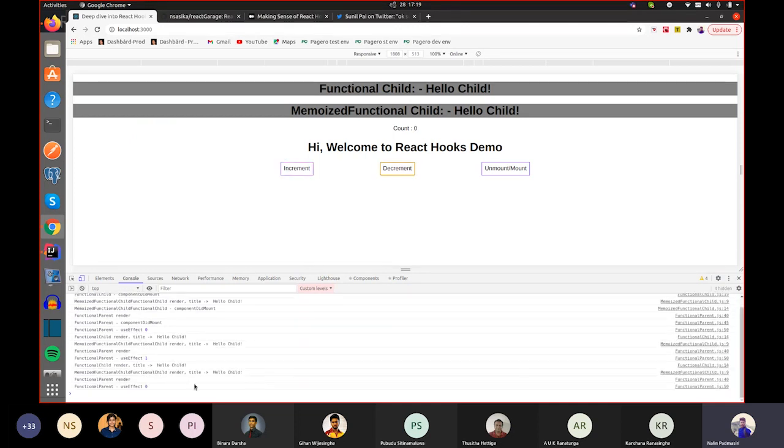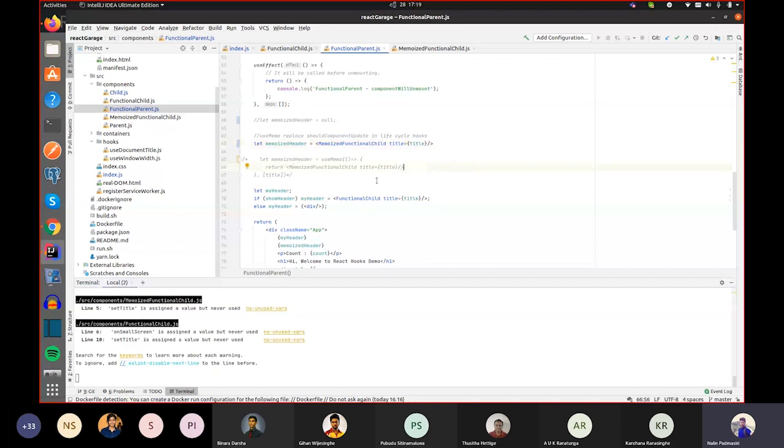On each parent render, this has been called. So using useMemo, I have achieved not rendering this component whenever my title variable is not a different value from the previous value.